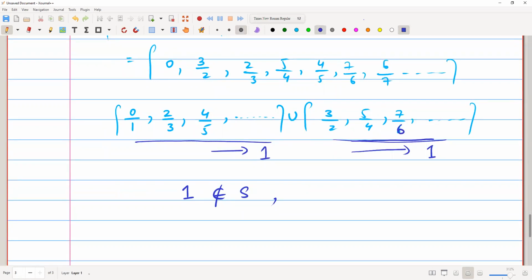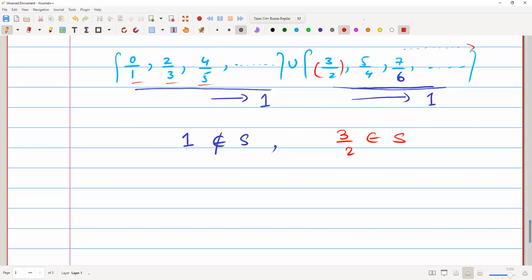And now from this set, this number 3/2 is the largest number, because 5/4 is less than 3/2, 7/6 is less than 3/2, and so on. So the largest number from both of these sets will be 3/2, because all these numbers here are less than 1, but these numbers are all greater than 1. But as it is going forward, it is tending towards 1. So this 3/2 belongs to the set S. So we can say that 3/2 is